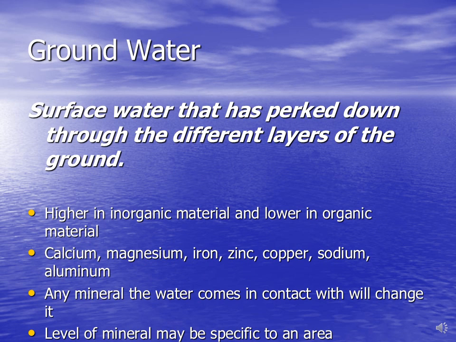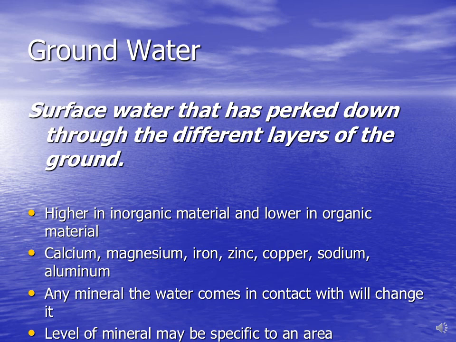Water comes from 2 different sources, groundwater or surface water. Groundwater is actually surface water that has percolated down through the different layers of the ground. In its migration through the ground, the water is naturally filtered. Organic materials such as bacteria and pollution runoffs are filtered by the ground before it gets